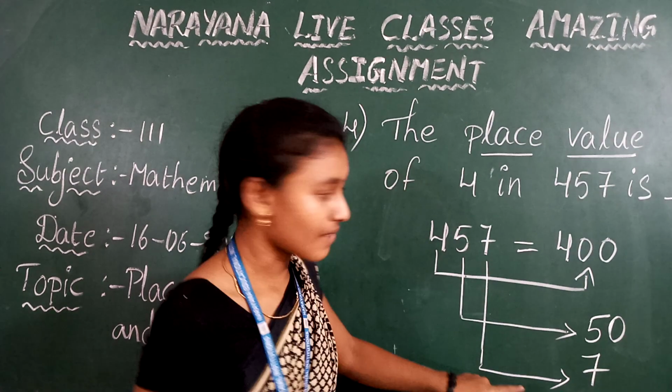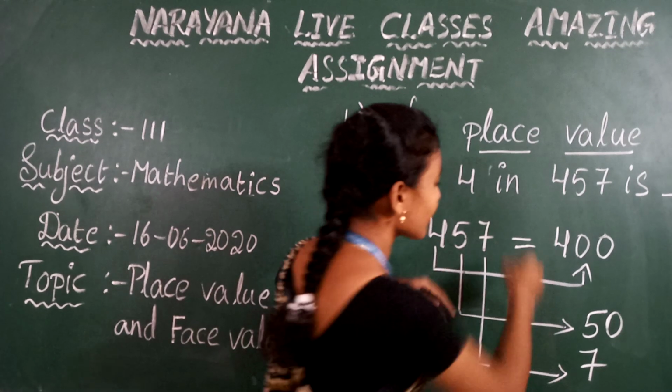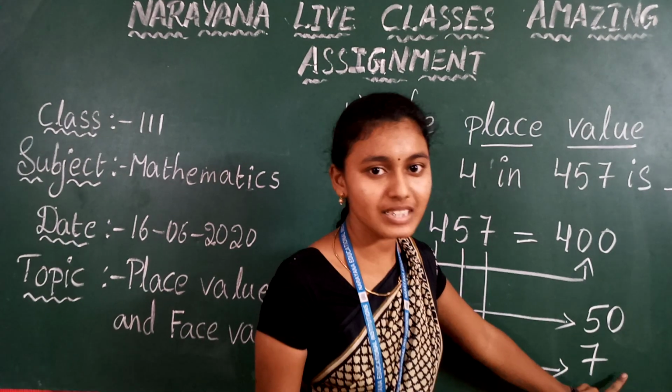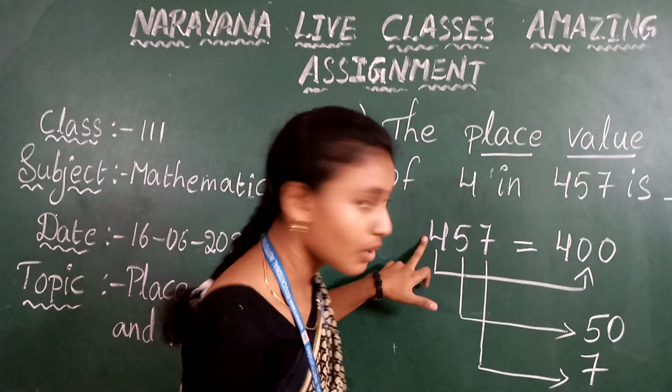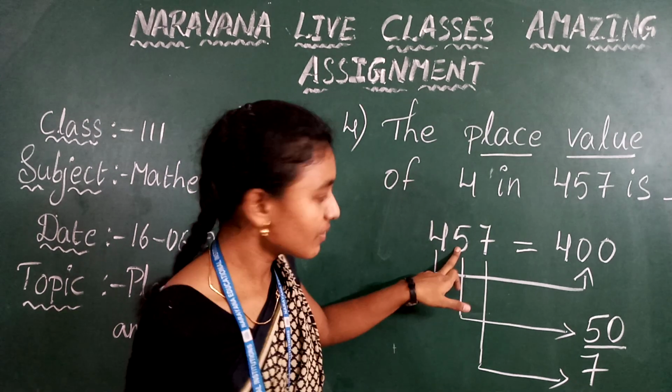Now close 7. Here there are no digits after 7, right? So no need to keep zeros after 7. So 400 is the place value of 4, 50 is the place value of 5, and 7 is the